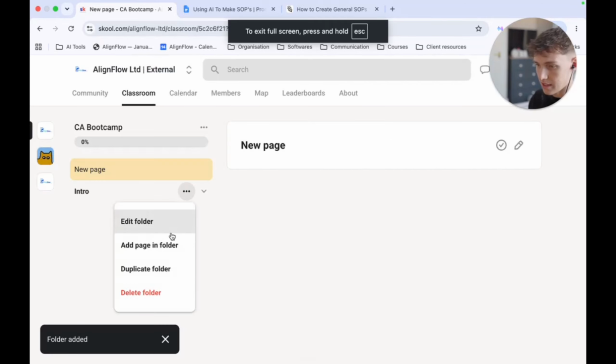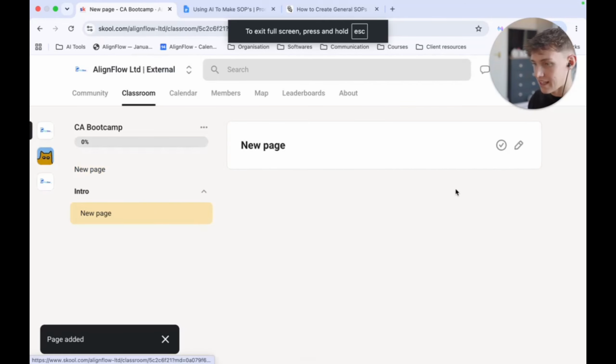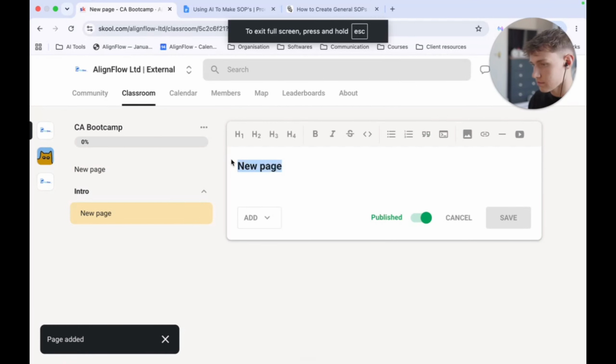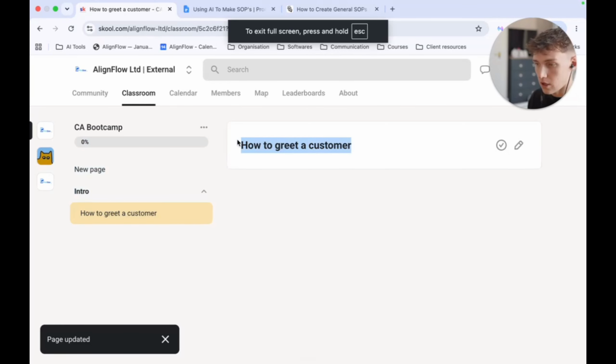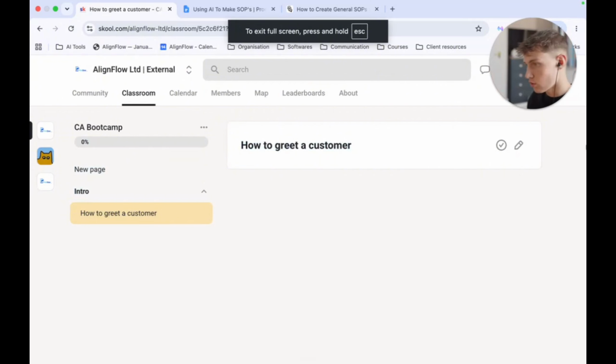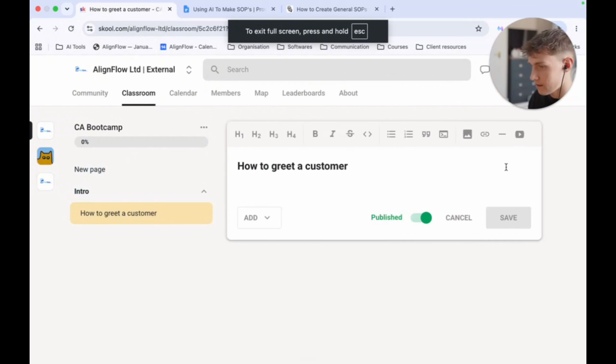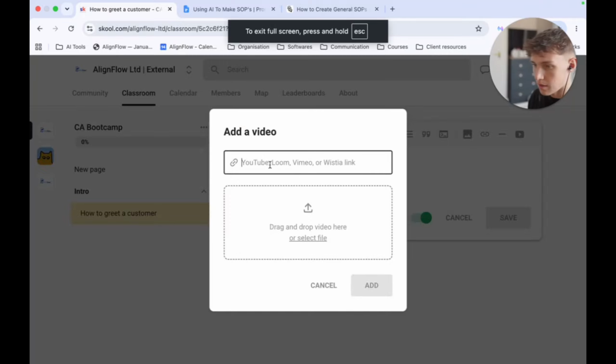And then in the intro section, you can add a page. And so then in the page, you can go how to greet a customer. Now, for this one, obviously, this is mainly going to be video format, which is why School is so good. Because what you can do is, for example, right now I'm recording this on Loom. And so you can come in here and click this little video icon and upload YouTube, Looms, Vimeo, Wistia links. And so then they will just instantly